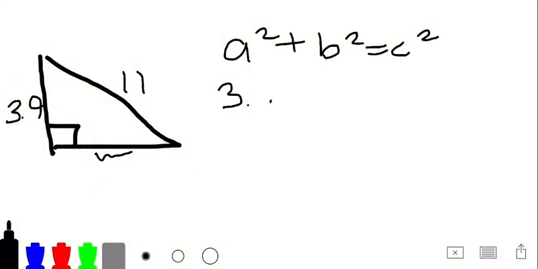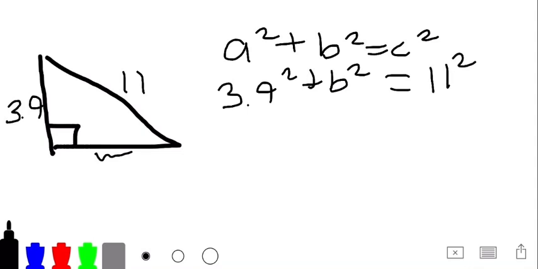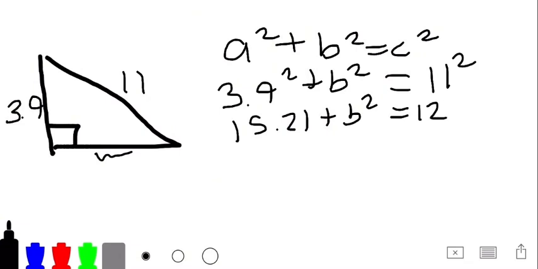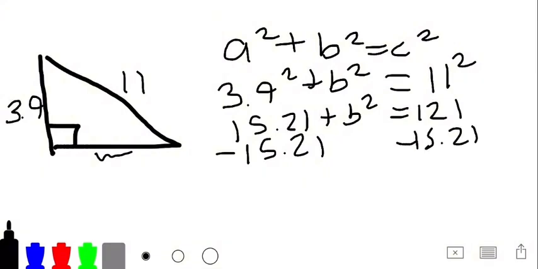So 3.9 squared plus b squared, which is the unknown value we're trying to find, equals c squared, which is 11 squared. After we do that, we can use a calculator to find out that this is 15.21 plus b squared equals 121. And now we realize we have to isolate the variable, which is b. So to do that, we can subtract this from both sides, like that. This cancels out, and we're left with b squared equals